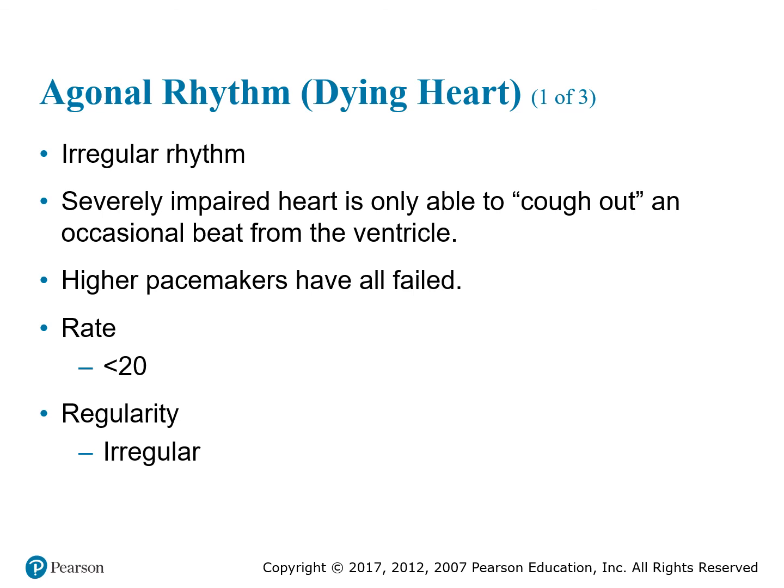The impulses shown on the monitor are less than 20 beats per minute. This dysrhythmia presents with wide and bizarre QRS complexes, which are greater than 0.12 seconds, and an absence of P waves. So the rate is less than 20 beats per minute, although an occasional beat may come in at a slightly